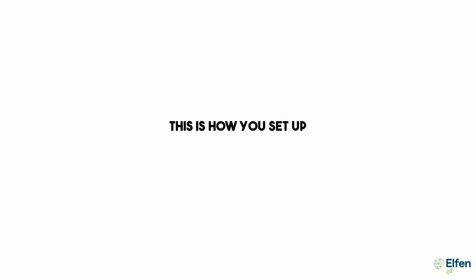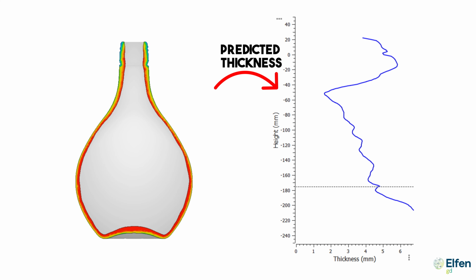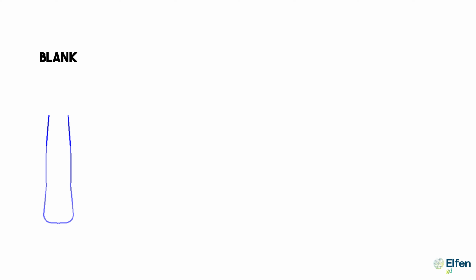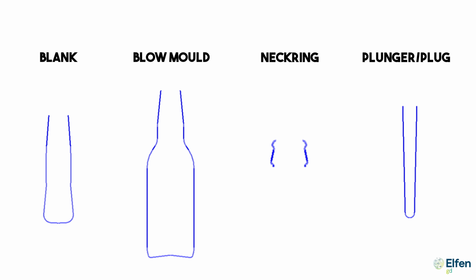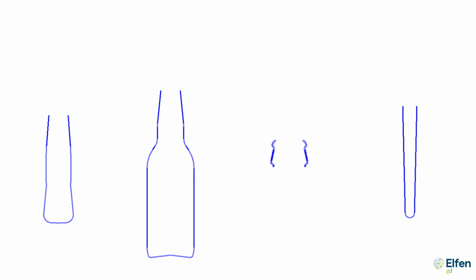This is how you set up a forming simulation to predict the thickness of the glass bottle using Elfen gd3D. For forming projects, 4 separate files are required: the blank mold, the blow mold, neckring, and the plug or plunger, depending on the process type. The last part of the file name must have an identifier, and they have to be aligned to the neckring